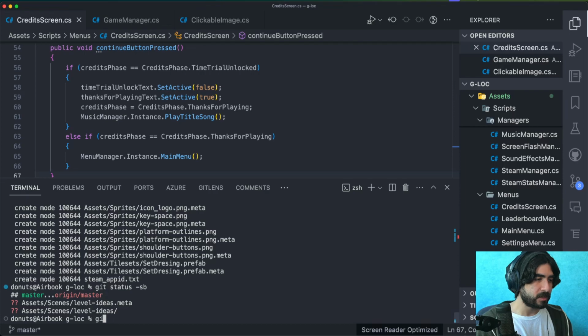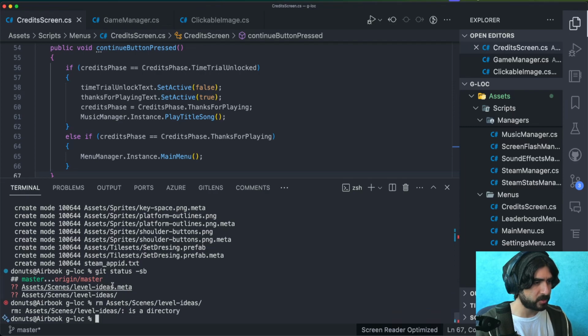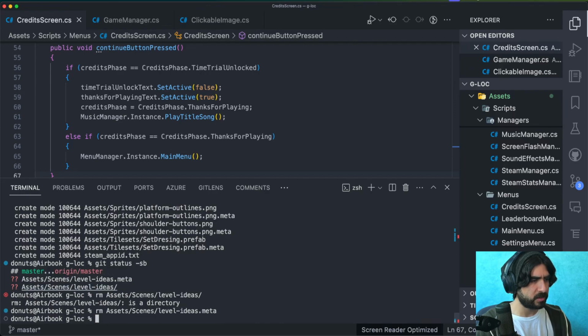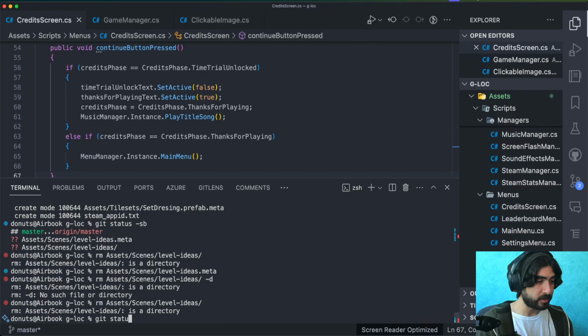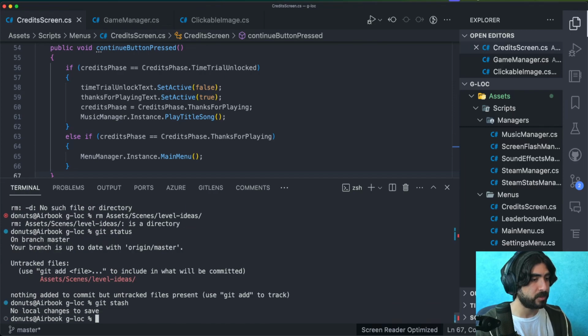You know, I'm just going to delete these files. I think it's rm in Unix-like systems. Is a directory. Fine, delete you. Do I have to do like a directory flag or something? Okay, not going to spend time doing that. Let's just stash you. Okay. What do I want to do? I want to...